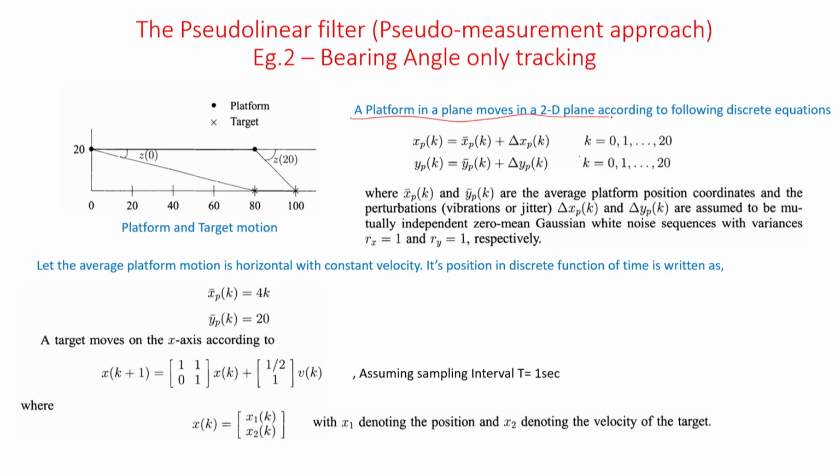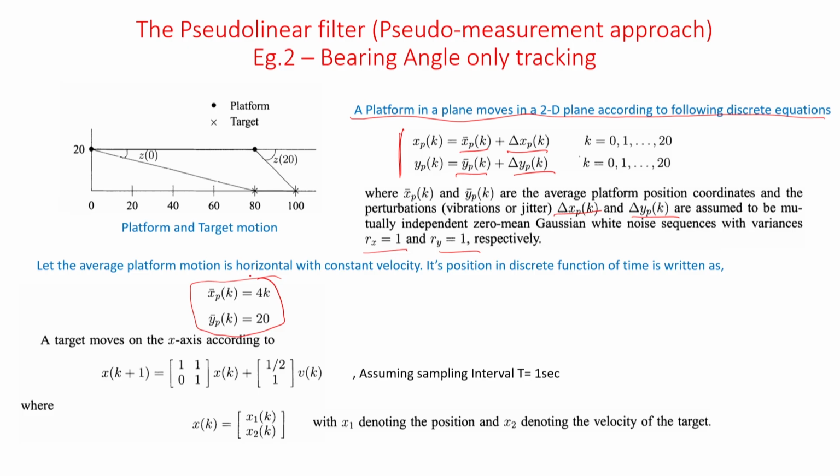A platform in a plane is moving in 2D using some discrete equation. Your x and y, this is your true motion. So x is x bar and this is the error in x. Y is y bar and this is the error in y. Now x bar p, y bar p are the average platform coordinates and this is the perturbation. This is your process noise, you can roughly qualify it, and it has a certain variance, say 1 meter. And this is governed by